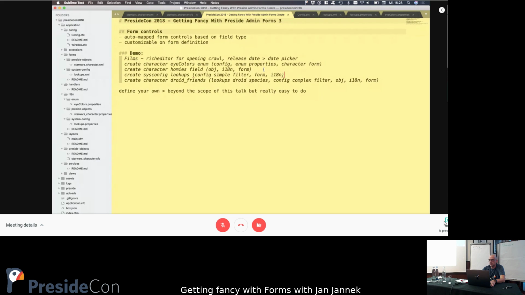And what we could do now, in addition, to combine and get a little more fancy, to show you the possibilities of the object picker in combination with filters, is create droid friends on the Star Wars character. Therefore,